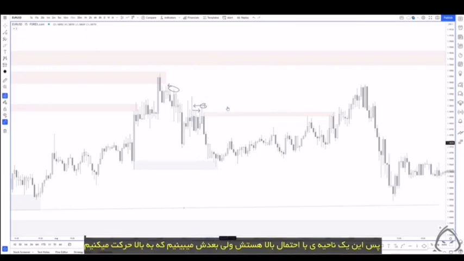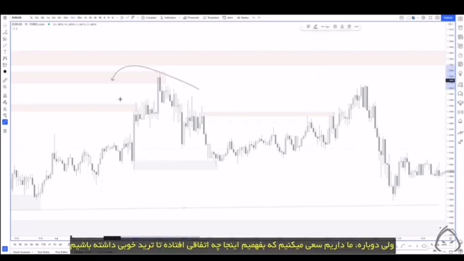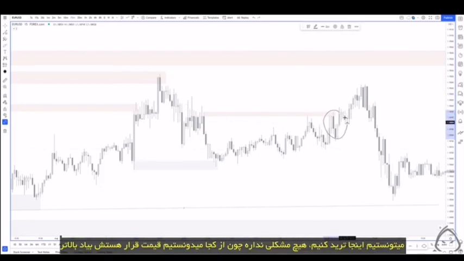Therefore, this is a fairly high probability zone, but what we can see is then we move to the upside. We tap into more of this area before we continue running to the downside. But again, we're just trying to understand what's happening here to put ourselves in the best position. We could have taken a trade here, and there's nothing wrong with that, because how would we have known that